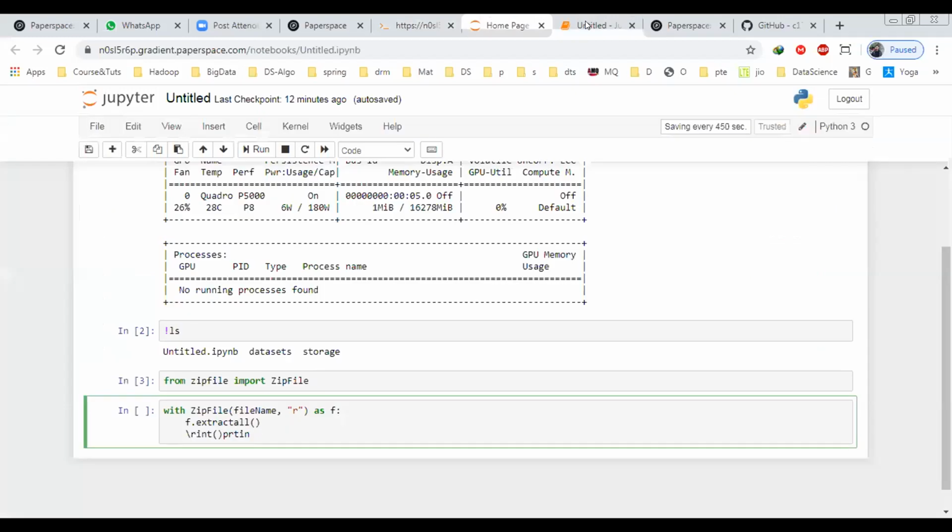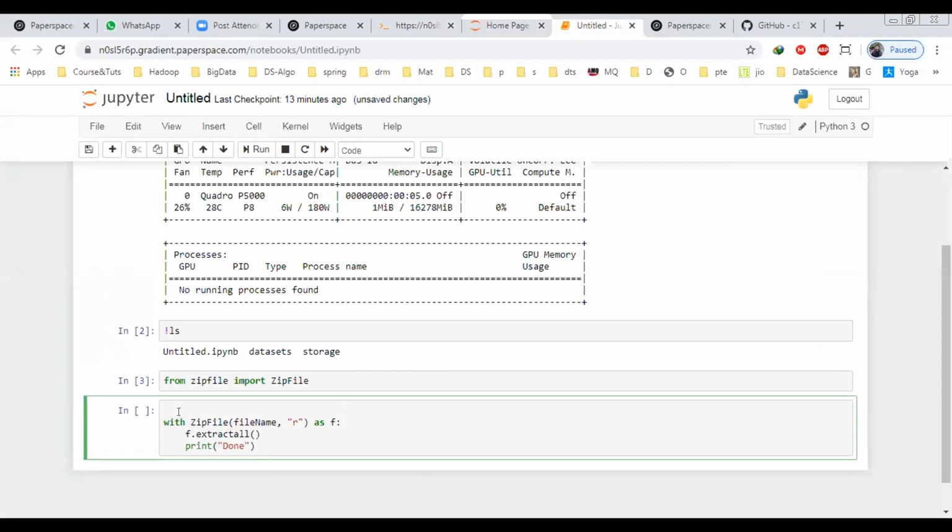Okay, it's 48%. Actually, it is uploading. That's why it is taking time. So what you can do, just for your sake, is a print statement here, so that it will tell you that extraction is done. I generally prefer this one. You guys can do unzip with the dollar and exclamation mark, as suggested, which will also do the job.